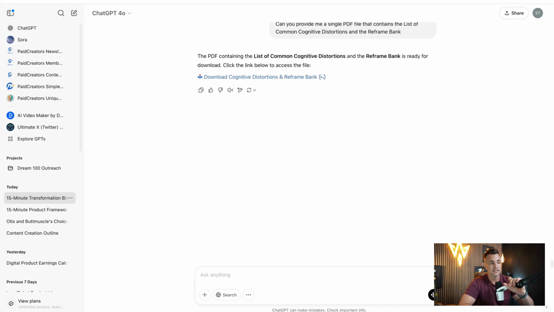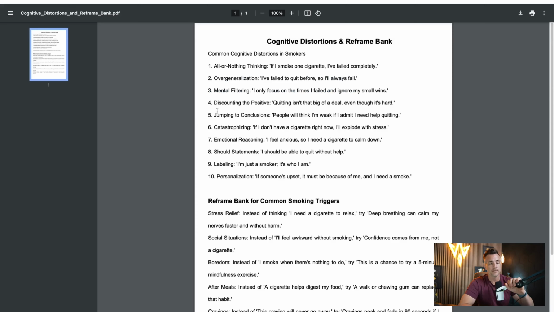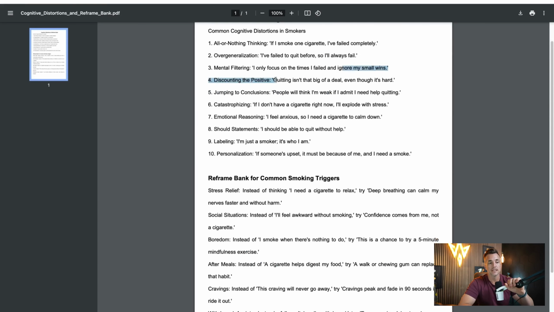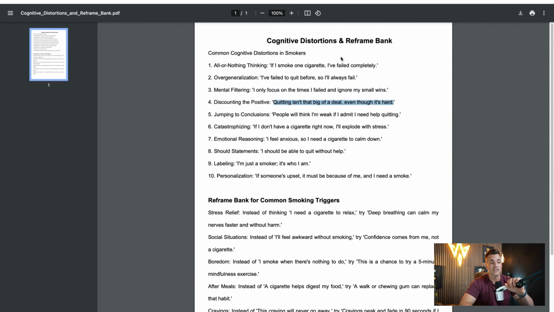Maybe what I could do is build an AI agent, which again, this takes minutes. You literally can click over in the Explore GPTs, you can create a GPT. And I could create something that actually has a response to these. So what I would do in that module is I would say, if you are feeling any of these cognitive distortions, please go to this AI and enter it in. So maybe you would say to yourself, I should be able to quit without help. If you've had that thought, go put this into ChatGPT and talk to my GPT about this. And I would build the GPT to know how to respond to these things so I can actually help people.